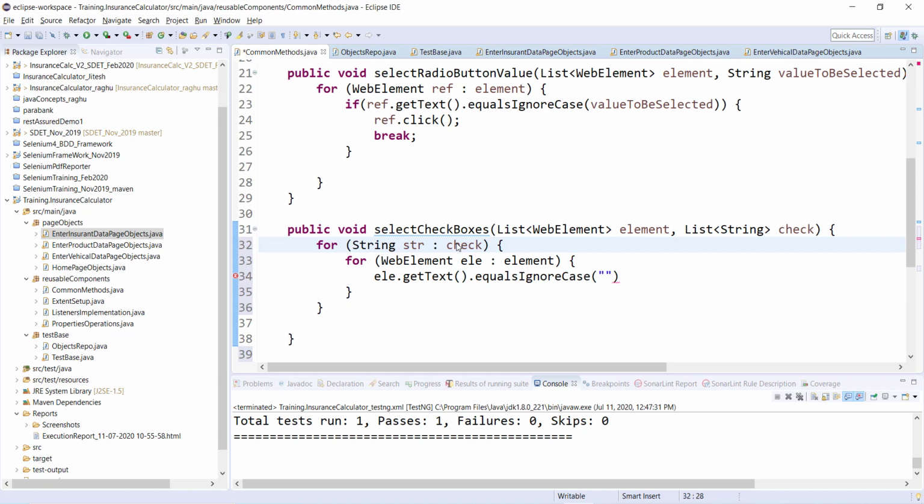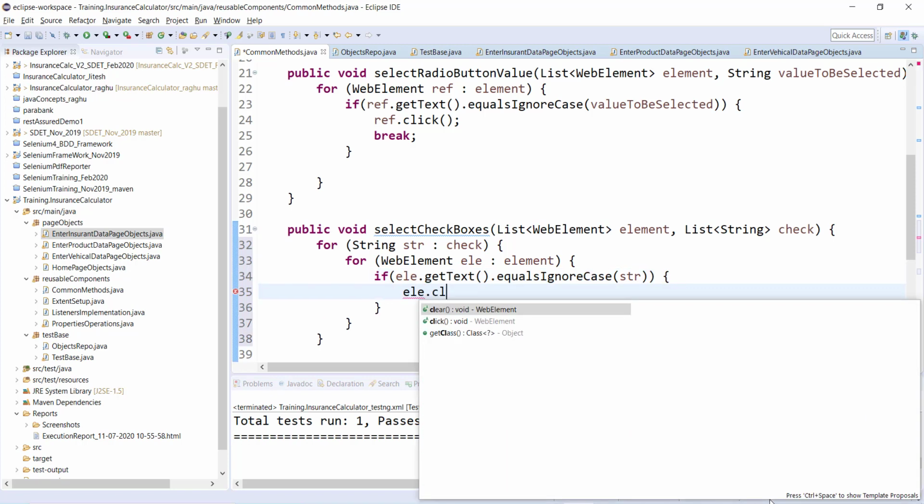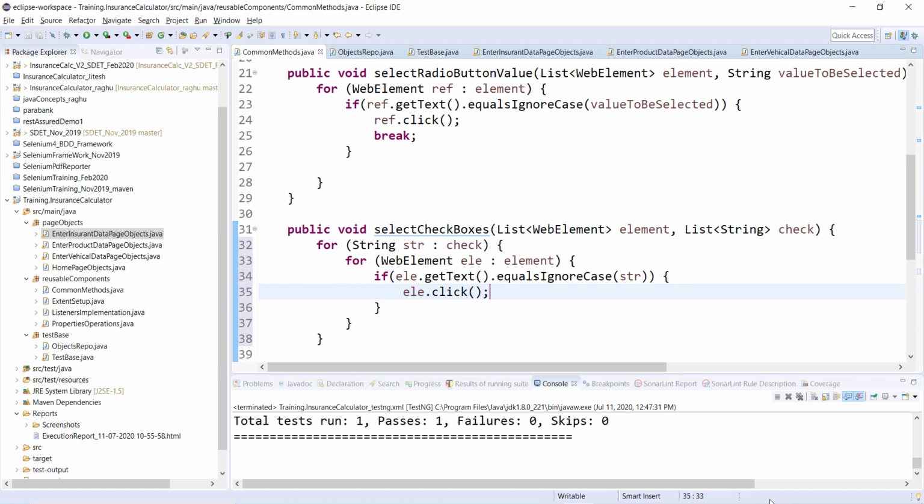This str is going to be the actual value, and that's it. If it is equal, so I should be putting an if statement. If it is equal, then do ele.click. That's it, pretty simple.